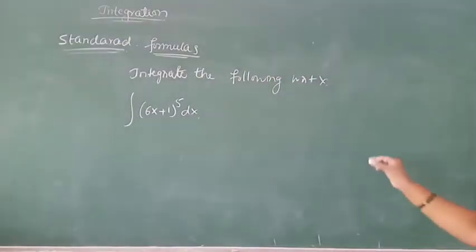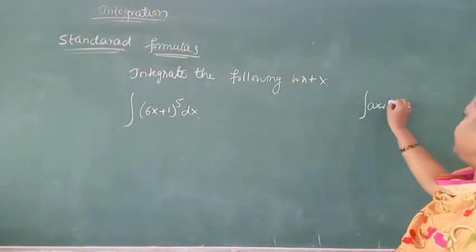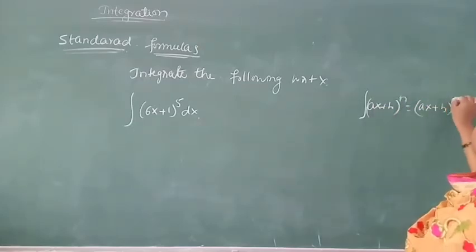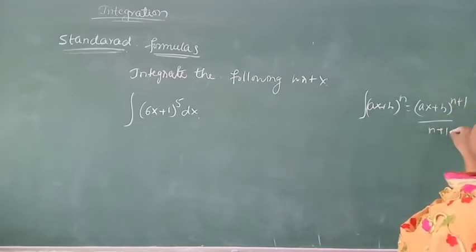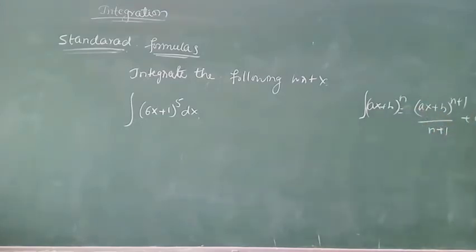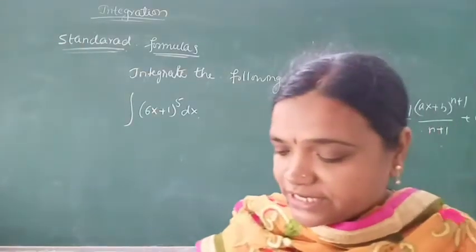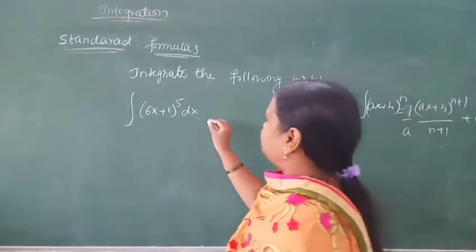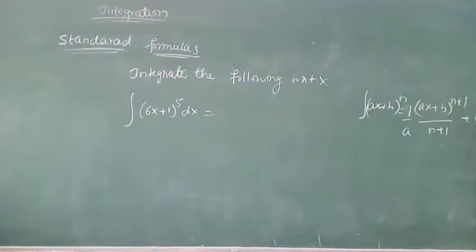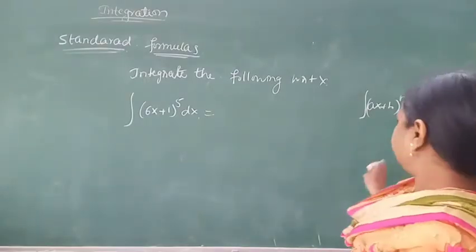We have already done this, please go through that. Integration of (ax plus b) to the power n dx is (ax plus b) to the power n plus 1 by n plus 1, plus c. Just concentrate here: whenever x is multiplied by some constant, that constant is always taken into account. And this is valid if and only if the power of x is linear. Okay, x is linear, therefore we can apply this form.